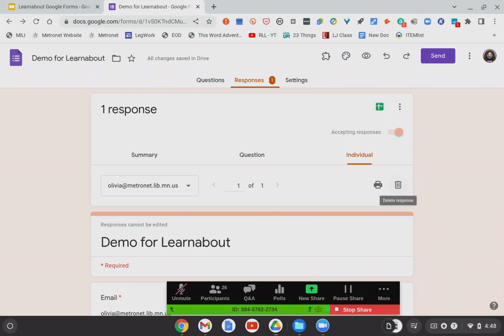I will tell you that when I create a form, I do the preview and fill it out every single time I do it, just to make sure that it works exactly how I want. I usually do it multiple times, especially if I'm doing skip logic. I would go back and hit that preview again and do it again. And the next time I'd pick red, and then last time I'd pick black, and make sure that it works every single time the way that I wanted it to. So I didn't just get lucky with just the white one working. And then I will usually have multiple responses in here for myself. And obviously I don't really want my own responses in there since I was just practicing. So I will delete them and leave it blank, but it is an option for you.